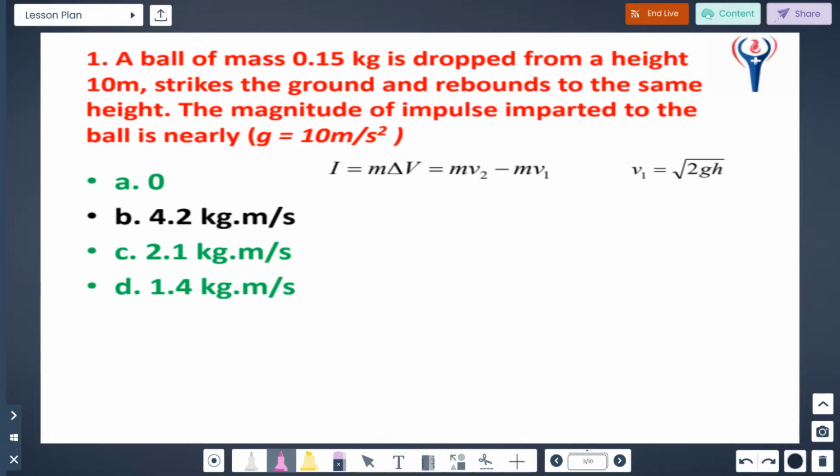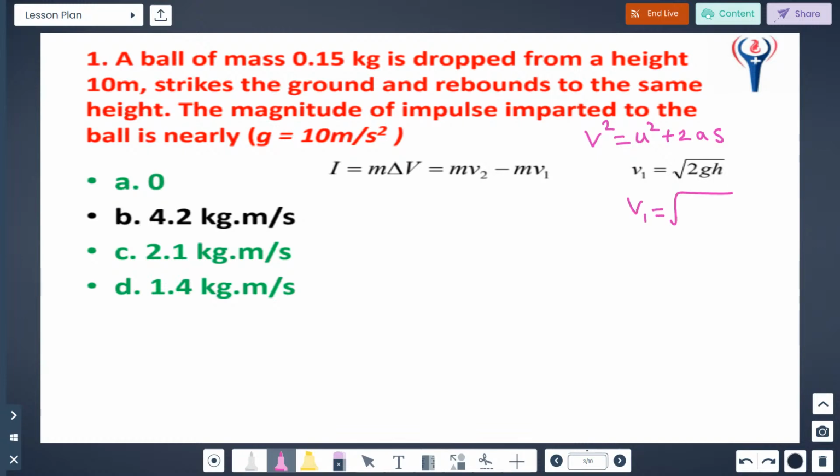dp, and dp is nothing but m into delta v, that is nothing but m2 v2 minus m1 v1. And from the third equation of motion, that is v square equal to u square plus 2as. From that u equal to 0 and final velocity v equal to v1, a equal to g, because ball is dropped from a height. So acceleration is equal to acceleration due to gravity g, and s is height h. Then from this v1 equal to